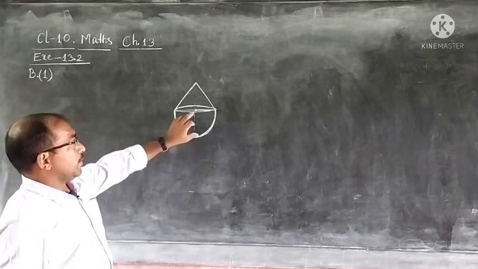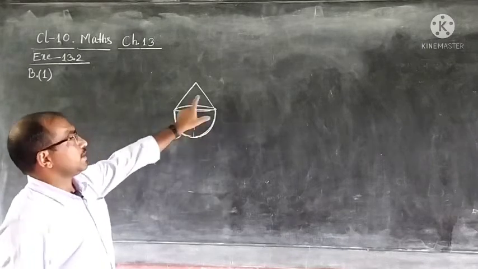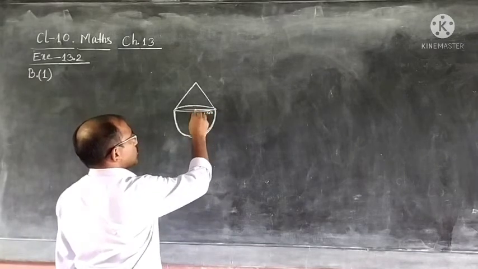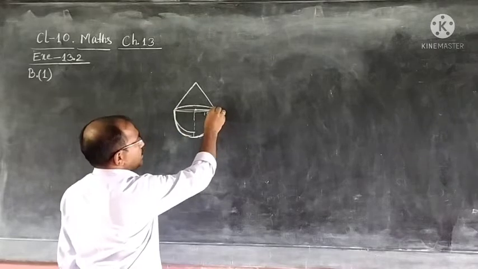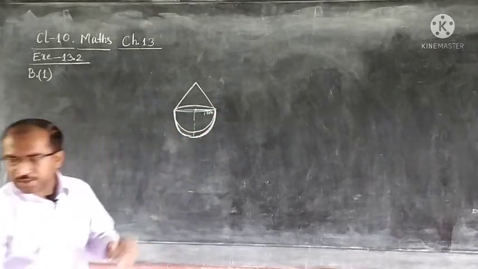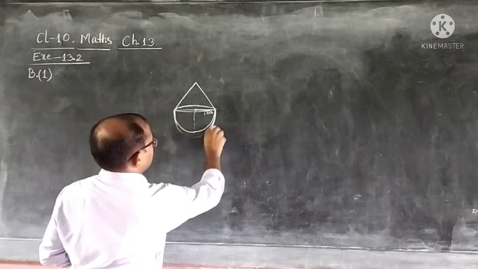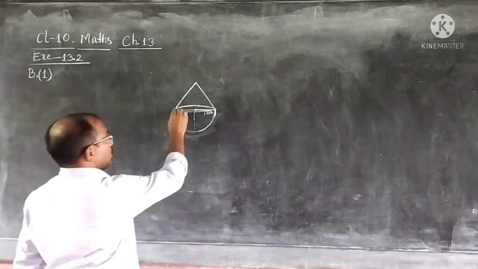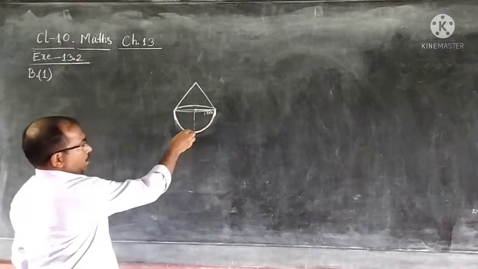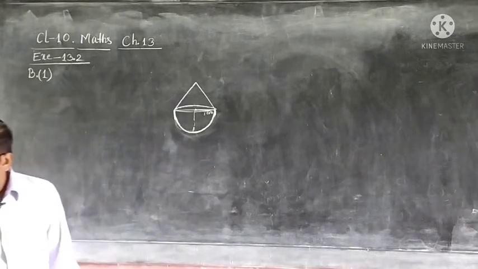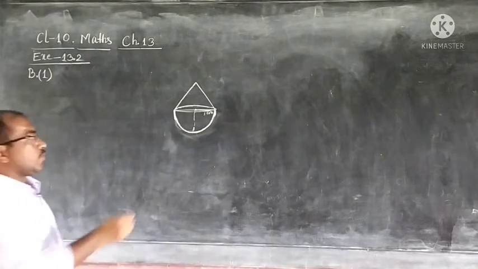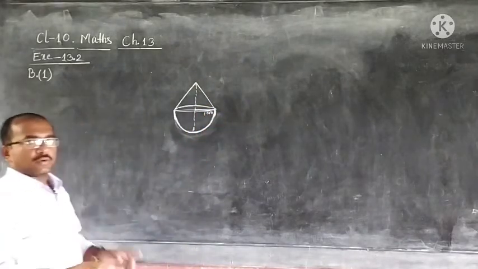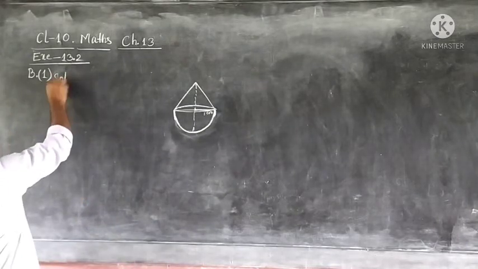So, what is the radius of the hemisphere? That is the radius of the cone. How much? 1 centimeter. So, 1 centimeter, this also will be the radius. You can reduce this a little more just to show that they are equal. All right, and in the question also it is given, we will mention it in the introduction portion of the solution, radii are equal. Then the height of the cone is equal to its radius. So, what is the height of the cone? That is the radius of the cone. Is it clear? Now, let us start the solution.